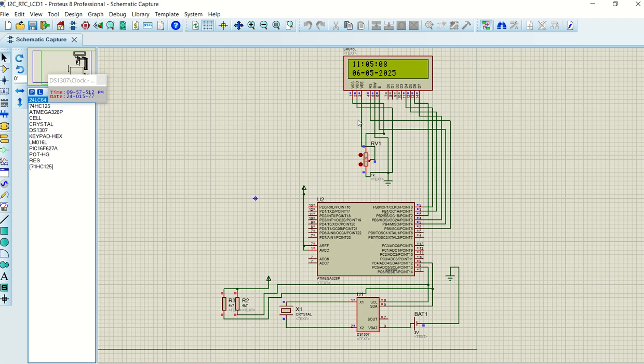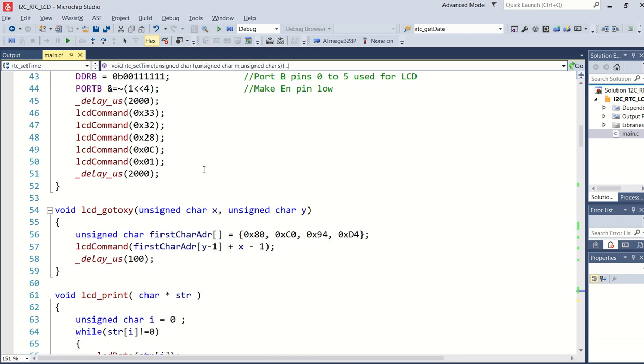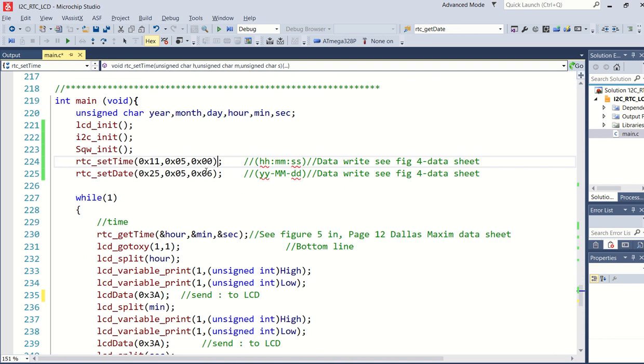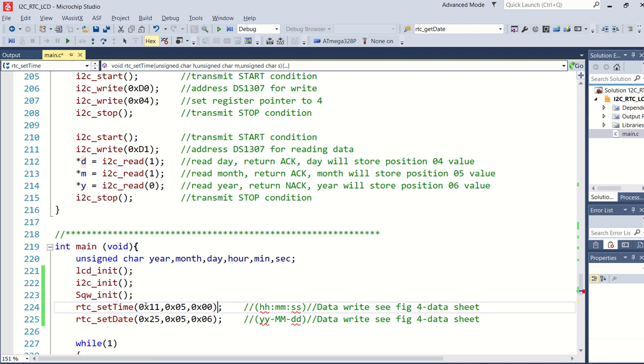So if I go to my program, as you can see here, I have programmed 11 and that's the 05 I'm talking about. So this is why it's starting at 11:05 in my specific program.